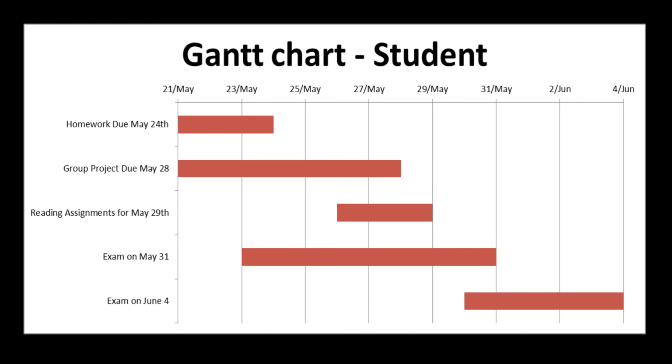So if you build out your Gantt chart, what's one thing we see right here, maybe in the middle of the chart? We see two or three things that are all hitting at the same time. So then what you've got to ask yourself is, well, can I get that group project maybe done on May 25th? If you get the group project done a couple days early, it'll take one less bar off of your